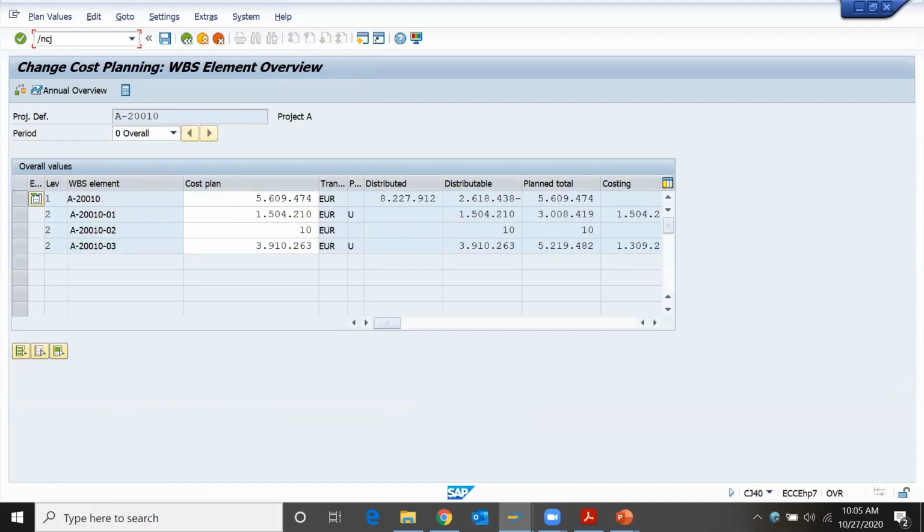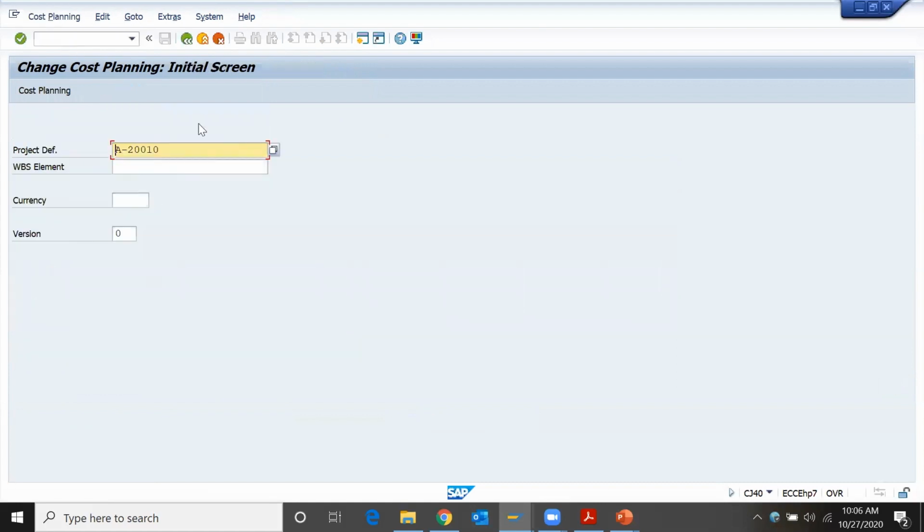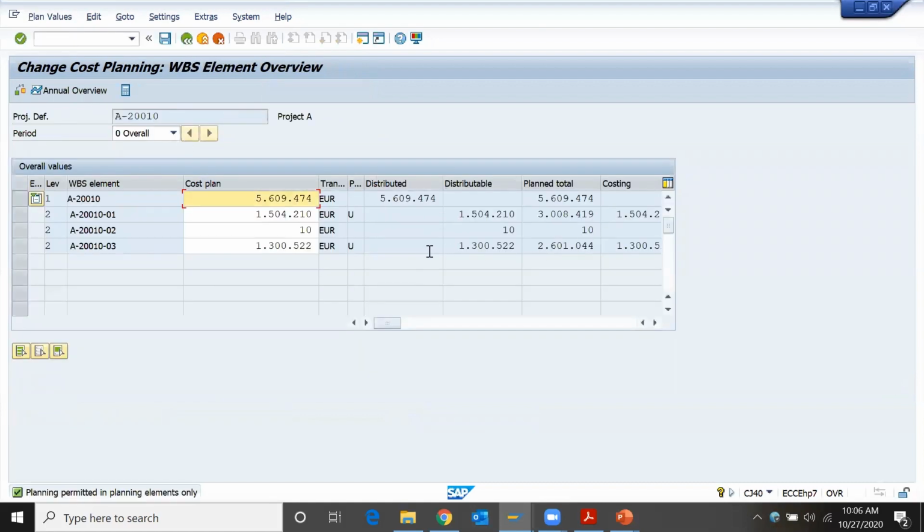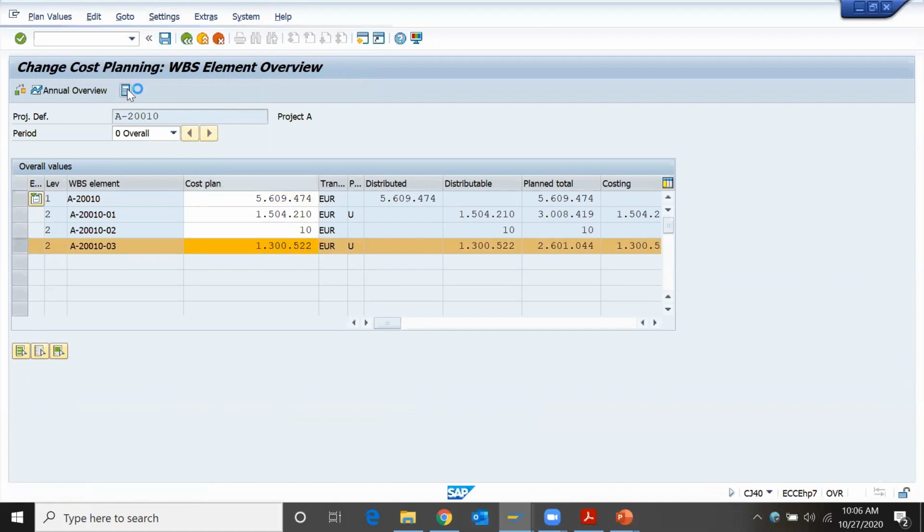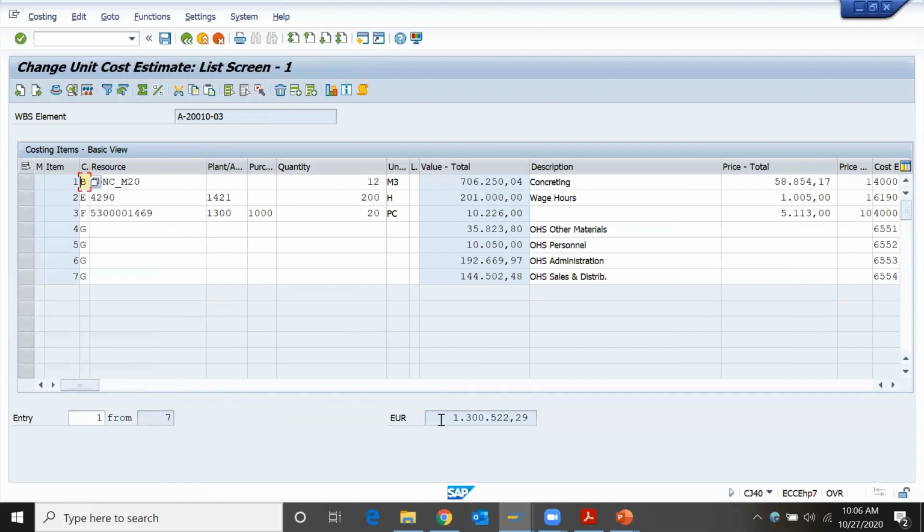Where is 1309? It's in costing. We'll open again. So if we select this, 13,522 is the previous cost, right? Distributable. This is the cost which is already there, no? And if I add one line item,